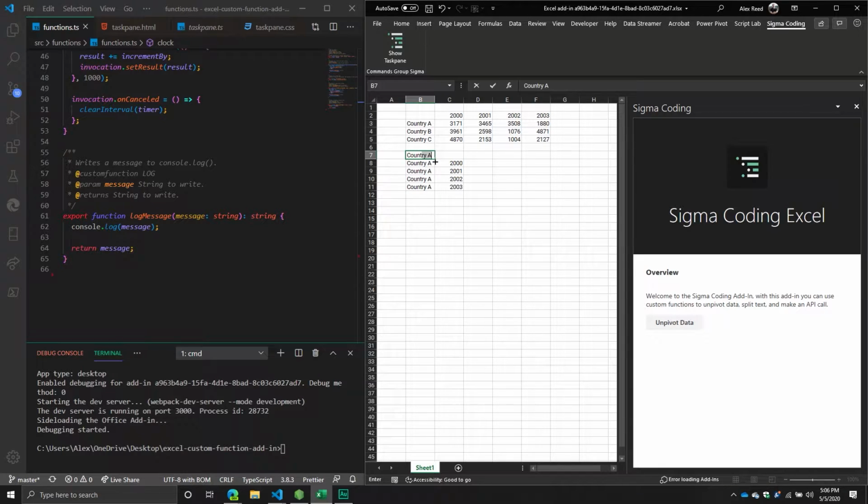So you have your country, you have your year, and you have your value, your amount, whatever you want to call it. So normally this is how you want data sent to you, because this is its flattened format. Once it's flattened, you can pivot and do whatever you want with it. It's a lot harder to take pivoted data and then repivot it or normalize it again. In fact, this is such a popular feature that it's built into Power Query, right? However,